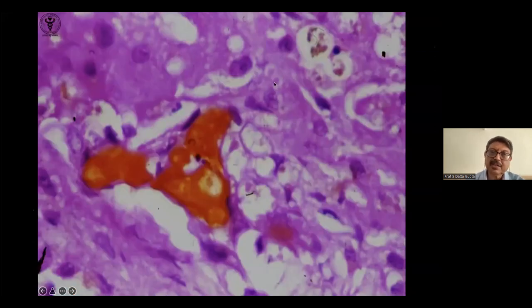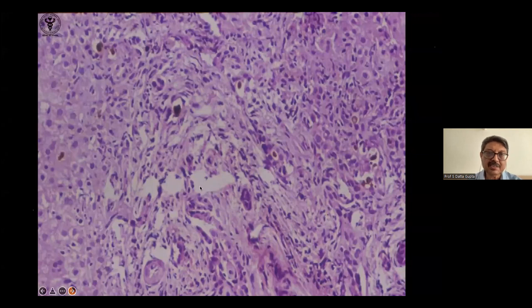Now, I talked about canalicular cholestasis. The canals of Hering are generally not seen. This is at the junction of the portal tract and the last layer of hepatocytes. Cholestasis within the canals of Hering, if you see, especially like this yellowish bile, is a sign of septicemia. So you can see it.